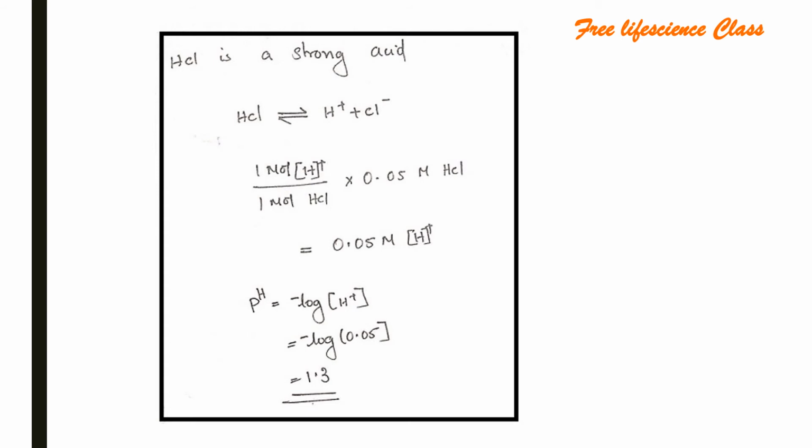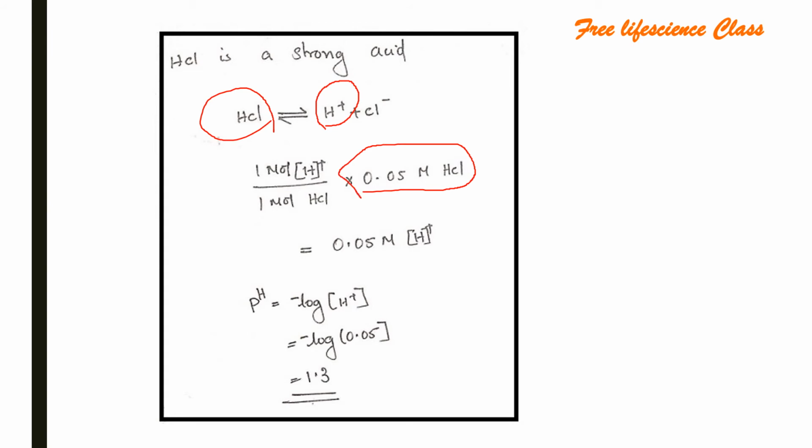So for every HCl molecule when it dissociates, it will produce one H plus ion. So the same thing we are going to explain. If we get 2 H plus ions, we have to write here 2. Okay. So 1 mole H plus ion by 1 mole HCl into the required quantity, that is 0.05 molar HCl